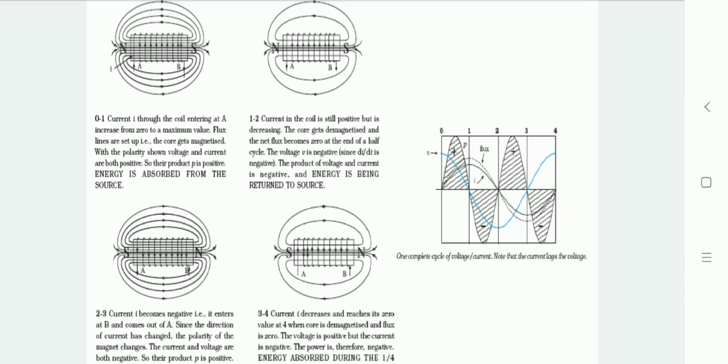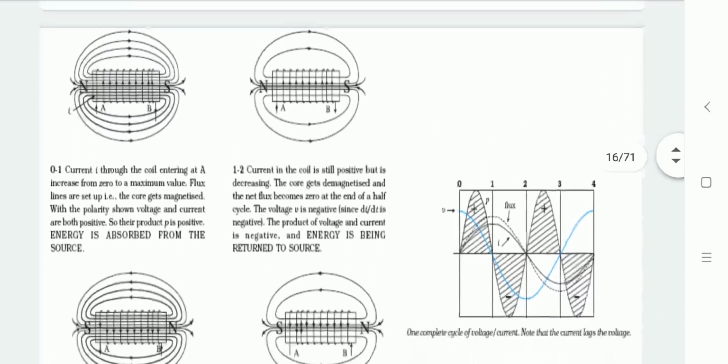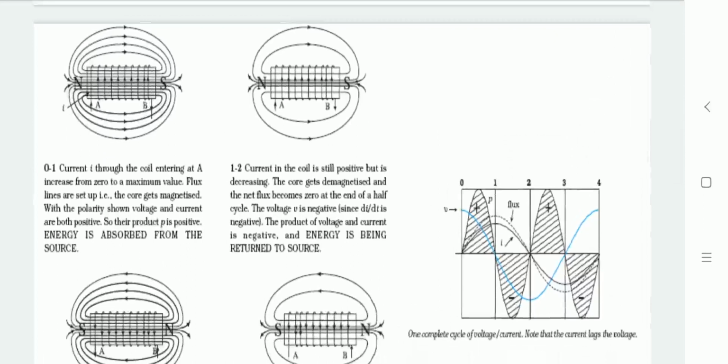As you can see in the waveform over here, from 0 to 1, after giving that sinusoidal voltage in the positive, current starts to flow. It is increasing from 0 to maximum. At that time, the voltage was maximum as the current starts to generate. Before that, EMF is produced. As we know, as the current is given or the voltage is applied, after generating that EMF based on the magnetic field, EMF will produce, and as the EMF is produced, it will give the current.